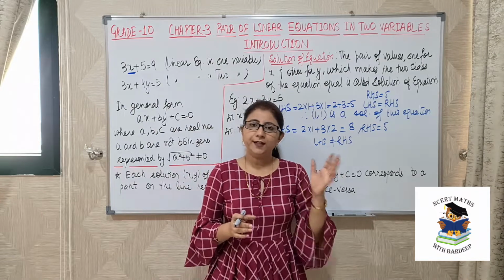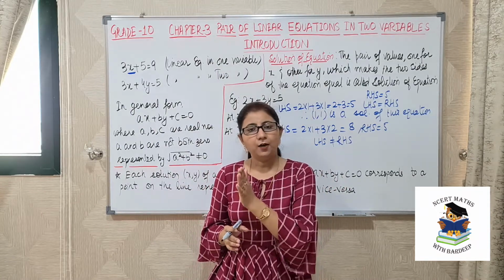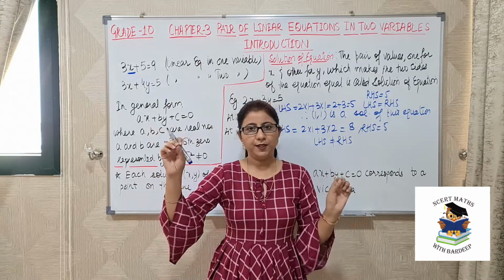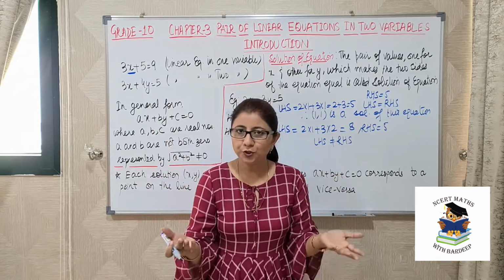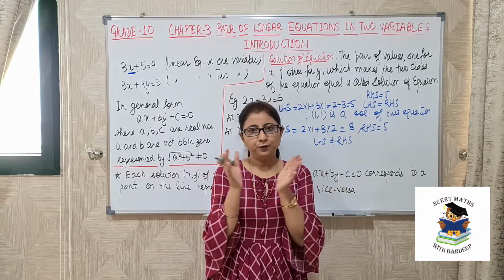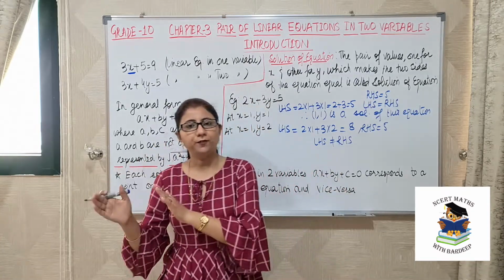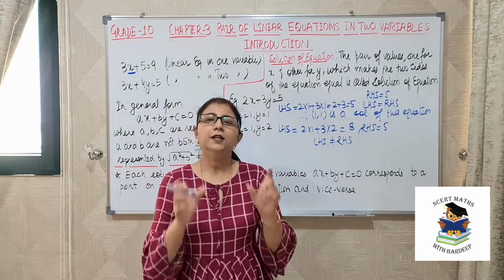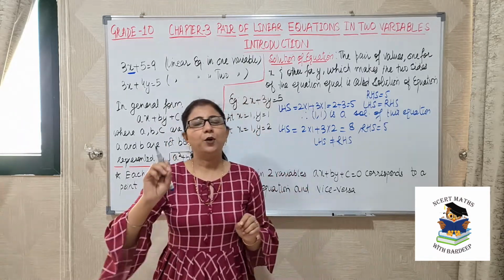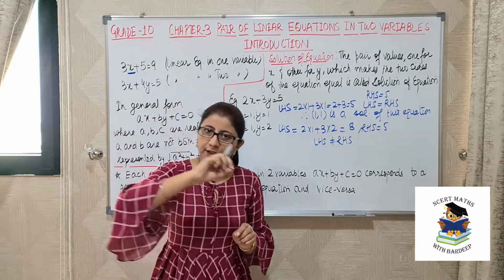So you have covered in your grade 9 also what is the graph of any linear equation in two variables. It is always a straight line. Then what is the solution of that equation? It means that value of x and y which, when we put in our equation, the left hand side is equal to the right hand side. So whatever is the solution of your equation, that point will definitely lie on the graph